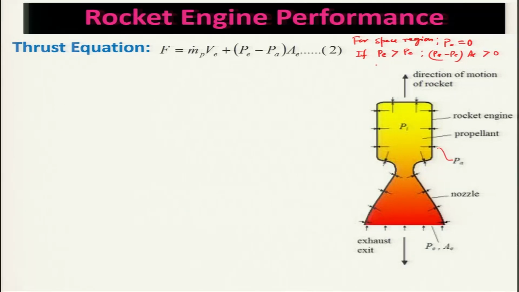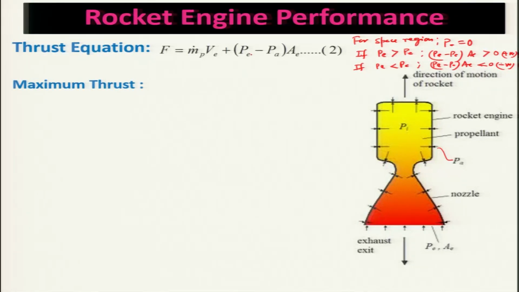And if P E is less than P A, naturally this term will become less than 0, or negative. Negative means that it will really be taking something away from the momentum flux. As a result, the thrust will be lowered for the same V E and mass flow rate of propellant. So, it is very important to see under what condition one can get the maximum thrust,